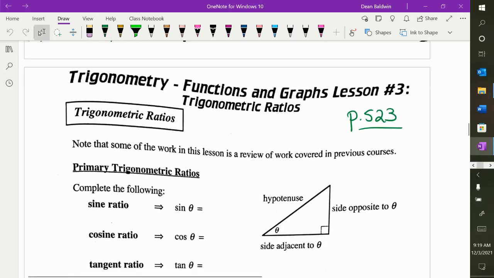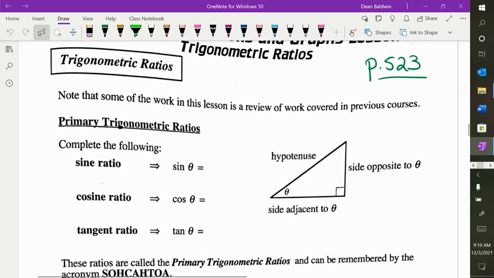So, going back to grade 10. SOHCAHTOA. We have a right angle triangle. This is our angle theta. You label everything off the angle theta. So the side that is directly across from it is called the opposite. The side right beside it is called the adjacent. And the longest side in the right angle triangle is called the